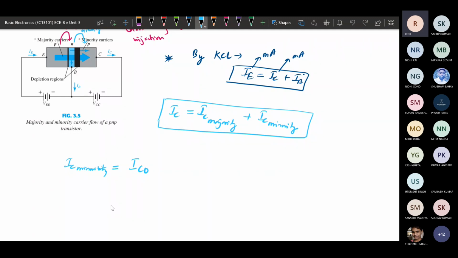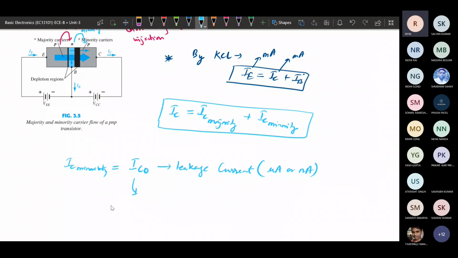ICO is the leakage current, and this leakage current will be in microamperes or nanoamperes.